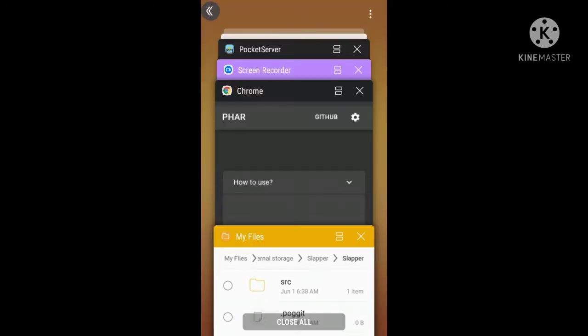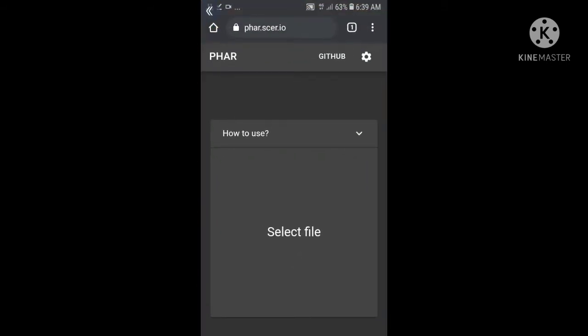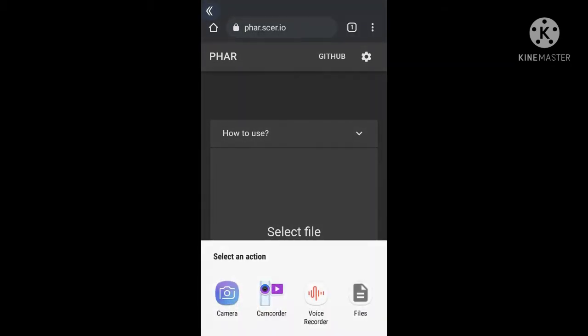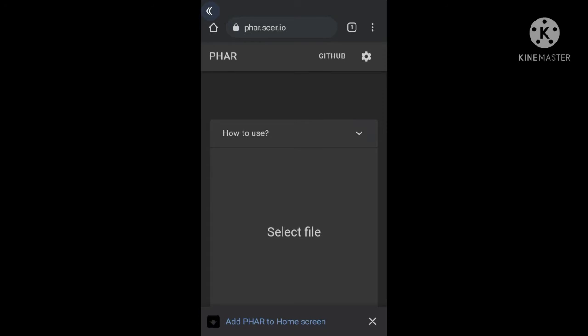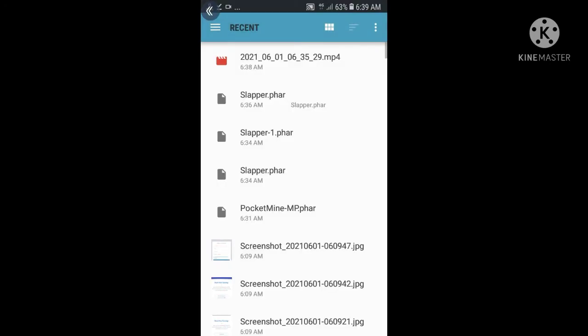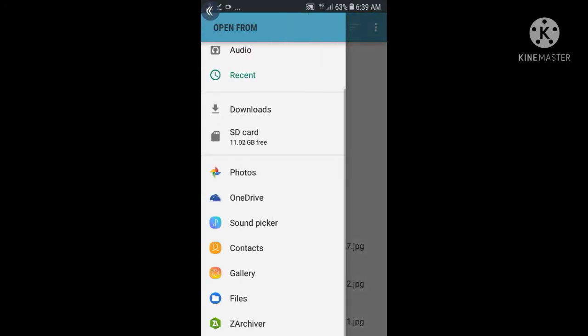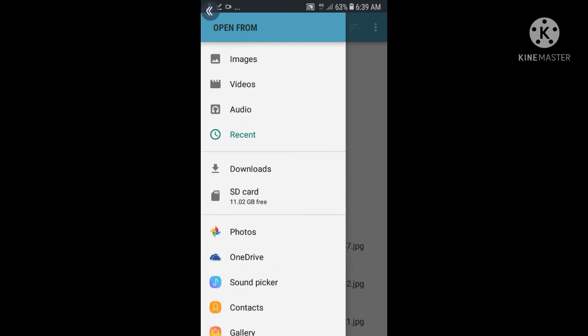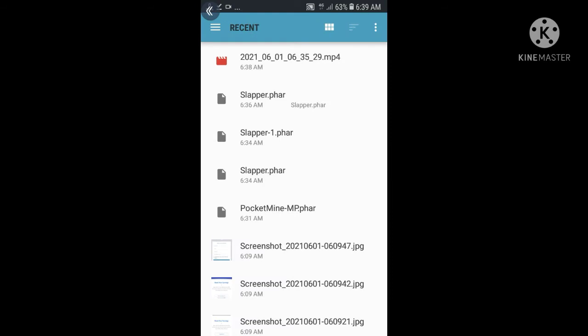Now you have to go to Chrome and tap on select file. And tap on files. After that, tap on files. Tap on your file explorer. I'm gonna pick the files as the file explorer.